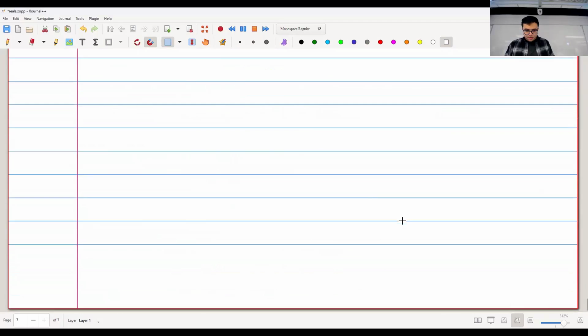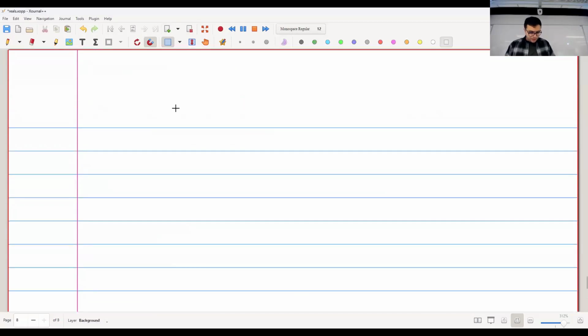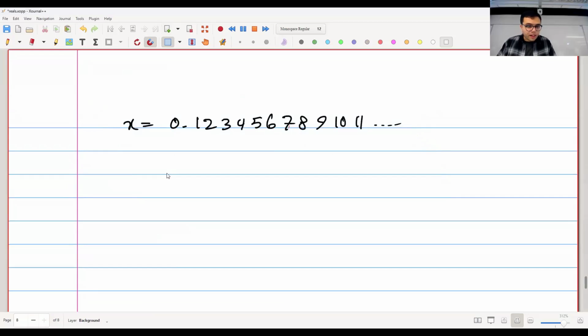Because when I was telling you that we have some intuitive understanding of what this is, so in general, let's say I have x equals 0.a1 a2 a3, and so on. It's an infinite thing. My intuition was that if someone gives me a rational number, I can compare it with x, right? So if my x is this and someone gives me a rational number, for example, gives me y, which is